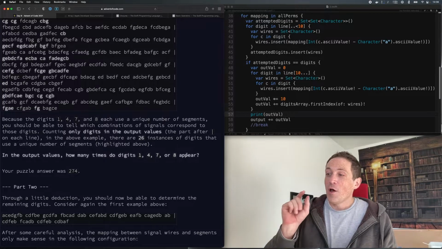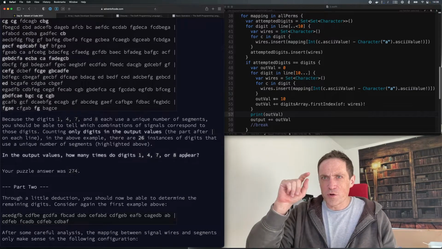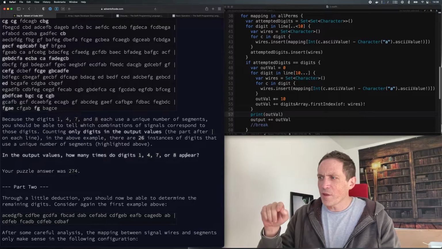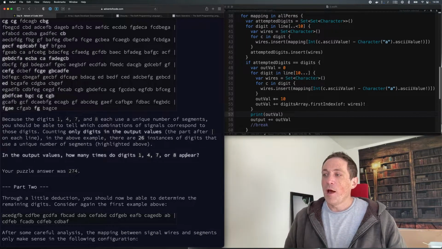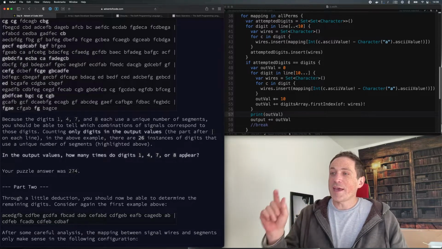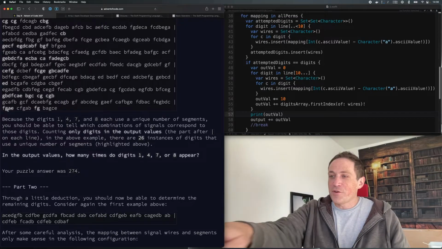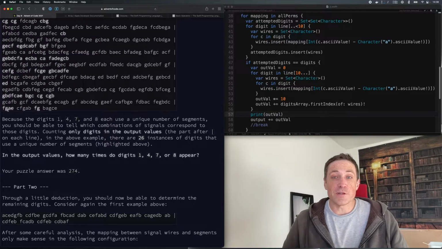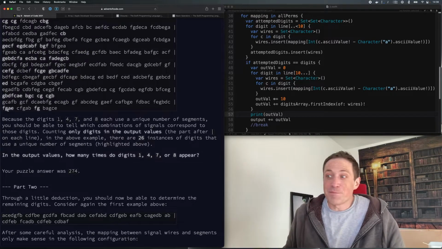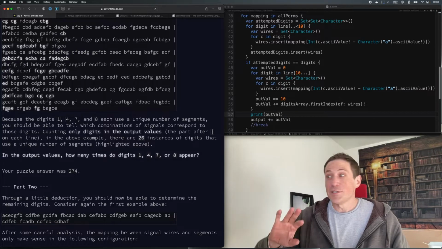The point is 1 has only 2 segments lit up, 4 has 4 lit up, 7 has 3 lit up, and 8 has all 7 segments lit up, and those are unique. So all you have to do is count the number of wires that are activated to get the answer to the first part. That's trivial, and if you look at people's times, there are plenty of people who did this in like 5 minutes, because you're literally just counting. I like to think I could have done it in 5 minutes, but instead I spent 40 minutes working out my thing,